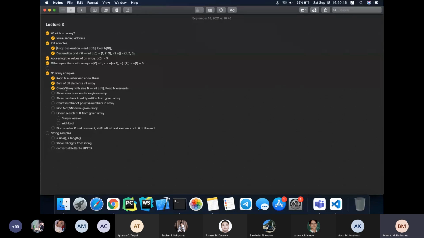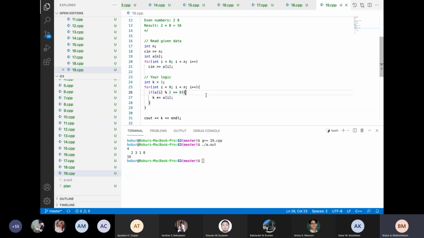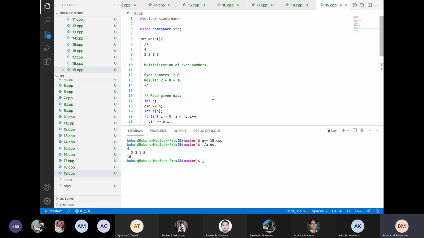So create an array with the n size and with the n elements, we already discussed. So given array already discussed. So for today, it's enough for the arrays. So the new titles and the new items for the arrays will be discussed in the next lecture time